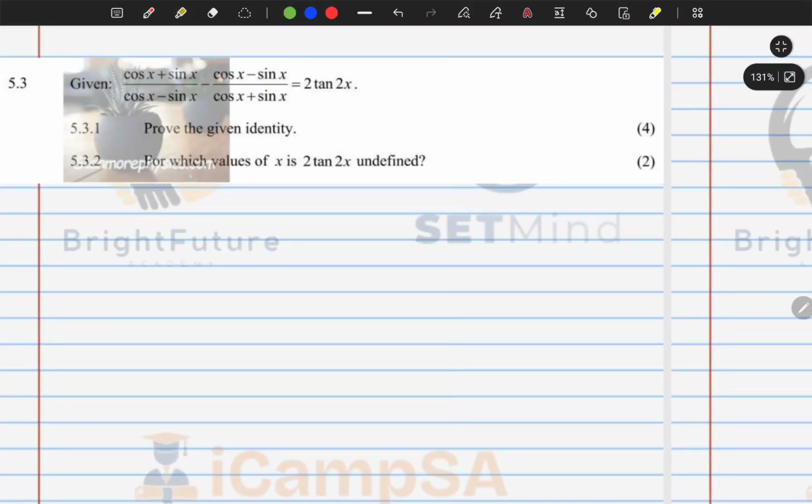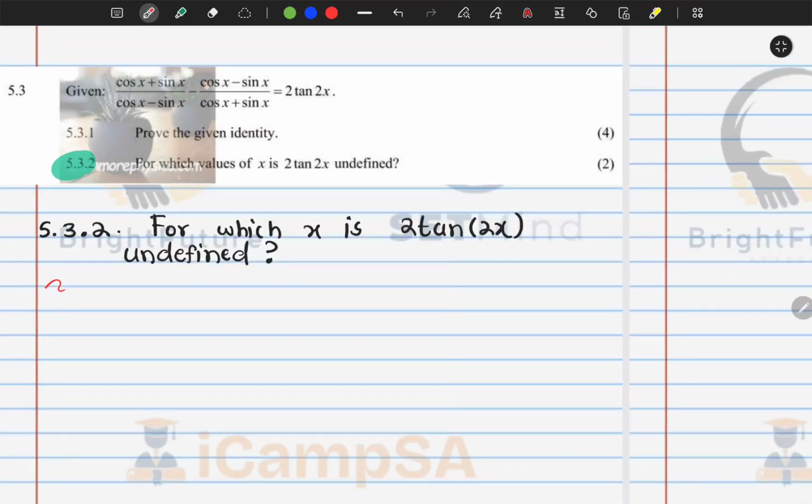So the second part of the question requires us to determine for which x values 2 tan of x is undefined. Right, let's go. So we're looking at 5.3.2. The question is, for which x is that undefined? One thing that I need you to note whenever dealing with such questions is that whenever we speak of undefined